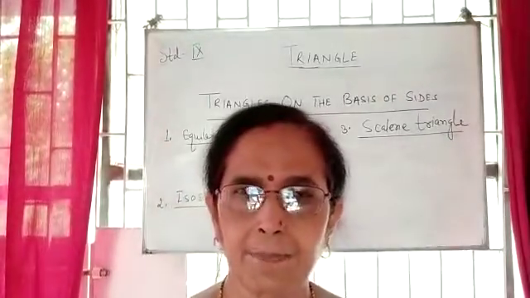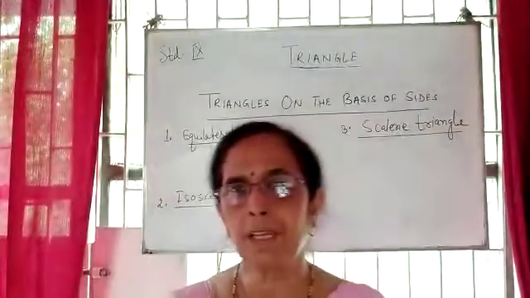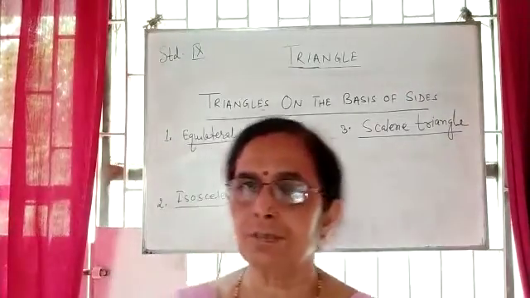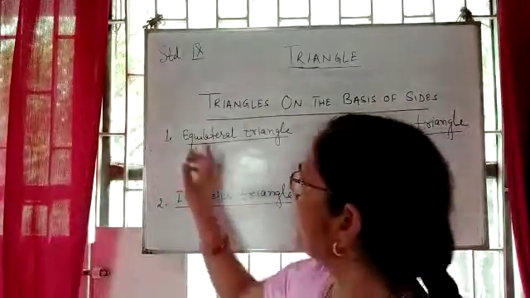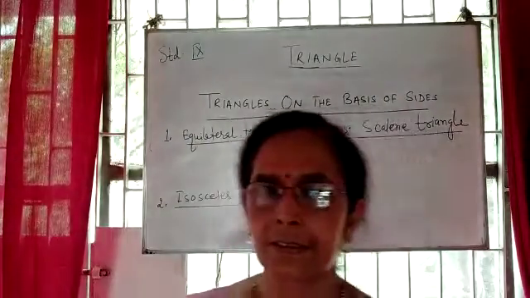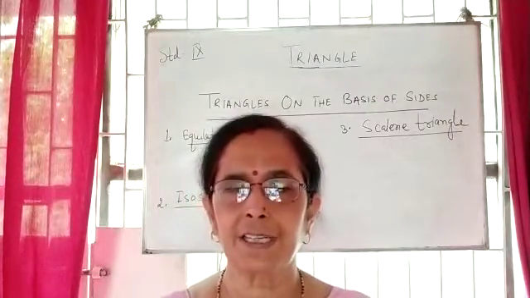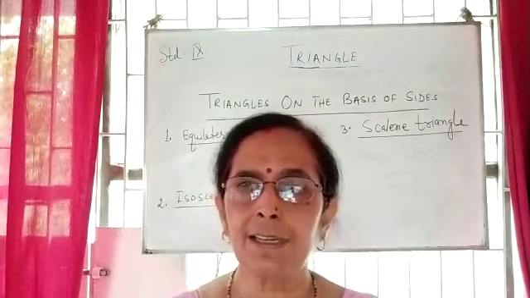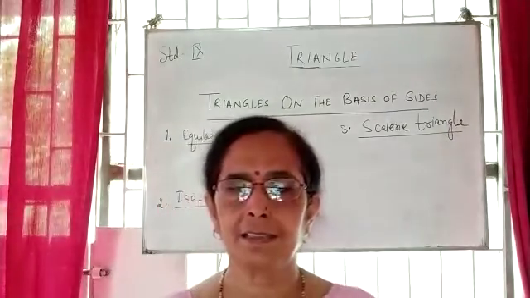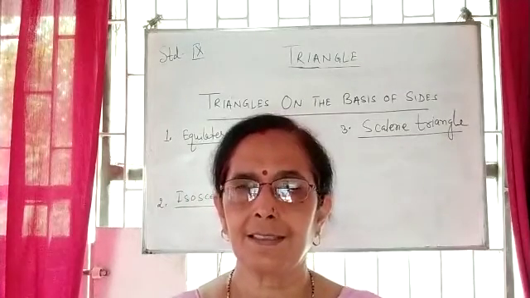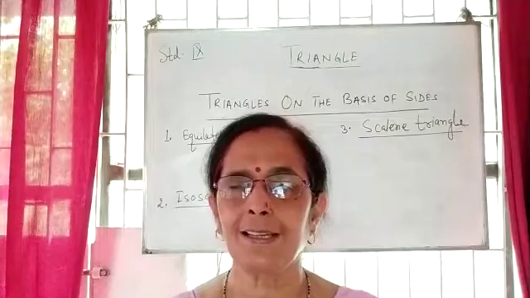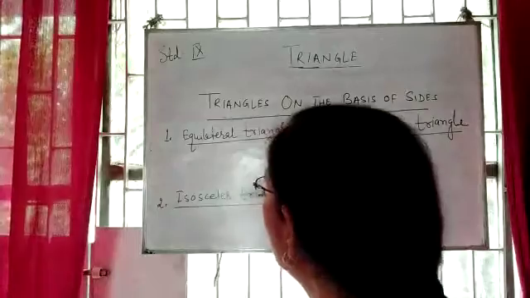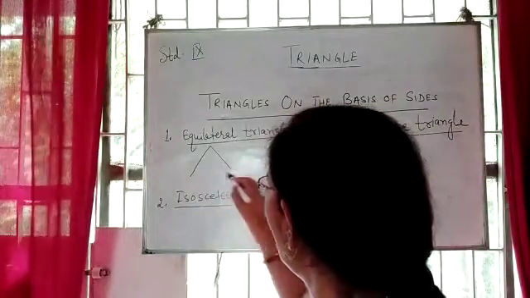And now students, in a very brief way, I will make you familiar with the various kinds of triangle. First, the triangles on the basis of measure of sides. The first triangle is equilateral triangle. All of you must be knowing what kind of triangle is equilateral triangle. If a triangle has all the sides equal in length, then it is an equilateral triangle. Obviously, in an equilateral triangle, all the angles are also equal, and the measure of each angle is equal to 60 degrees. Now see in the figure, this is a triangle ABC.